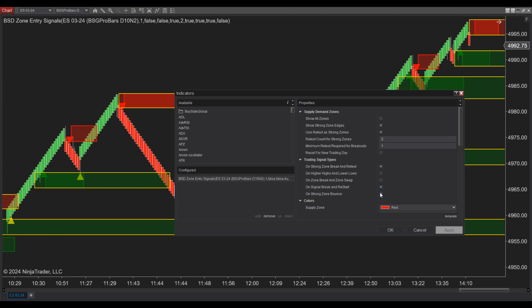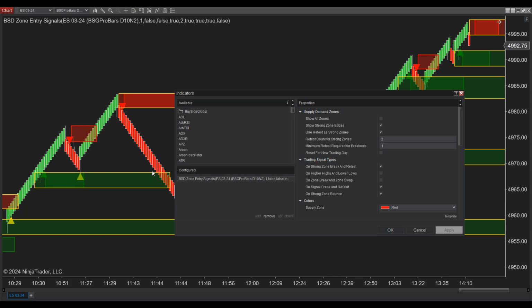Why are we not enabling all of them on the chart by default? The reason is that there are some signals with higher confidence, there are signals with lower confidence, or there are signals you can trade even in a choppy market. There are signals you can trade only when the market is trending. Okay, that's why